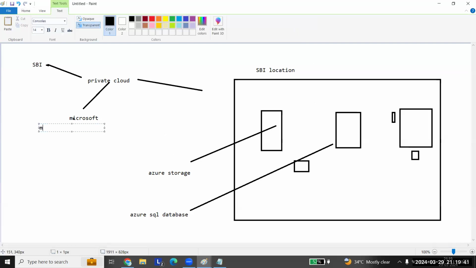Microsoft will only come and provision these resources, because they are in connection with Microsoft. But for creating the resources, who will bear the infrastructure cost?